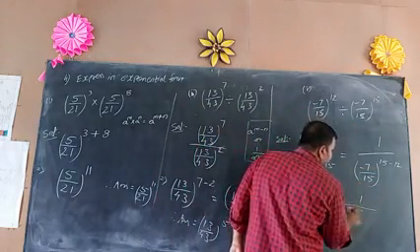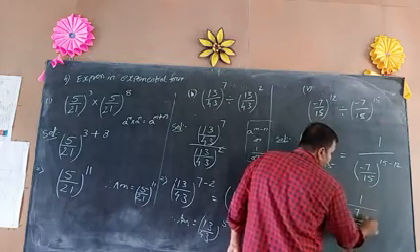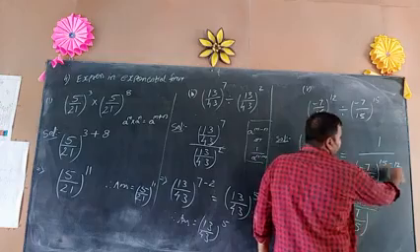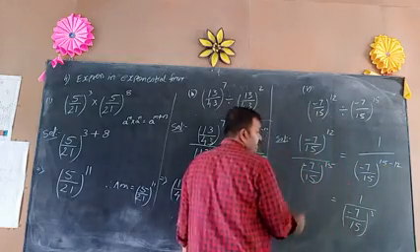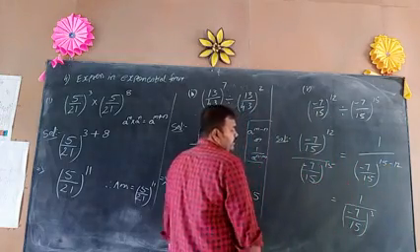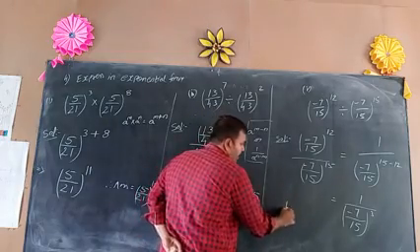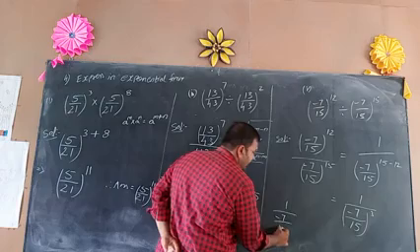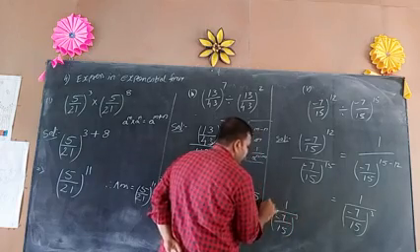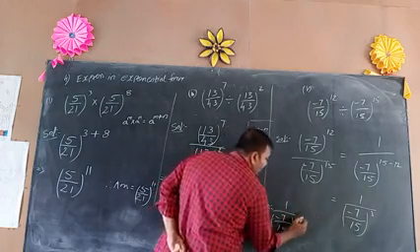That is 1 by minus 7 by 15 whole to the power of 15 minus 12, which is 3. 15 minus 12 is 3. So write that as 1 by minus 7 by 15 whole to the power of 3. Answer is whole to the power of 3.